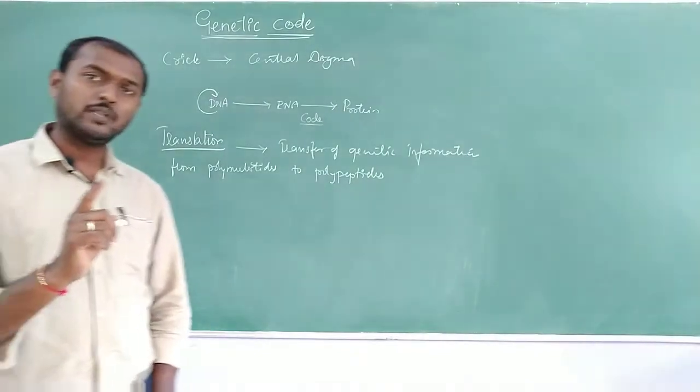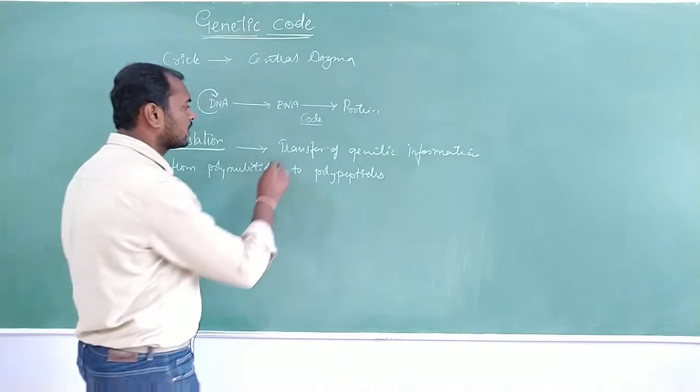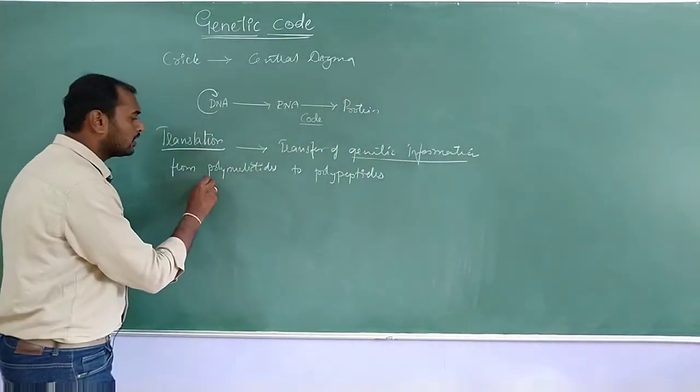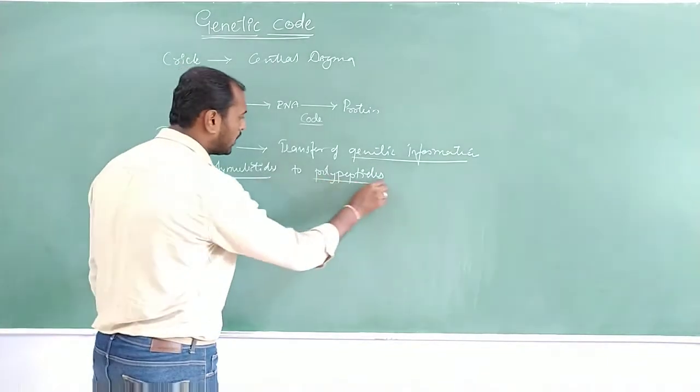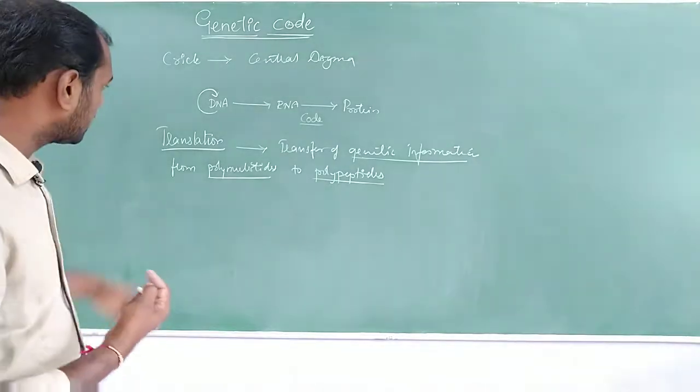So navilli important words na underline madidre namage ಏನು ಸಿಗುತ್ತೆ, that is ಟ್ರಾನ್ಸ್ಫರ್ ಆಫ್ ಜೆನೆಟಿಕ್ ಇನ್ಫಾರ್ಮೇಶನ್. ಜೆನೆಟಿಕ್ ಇನ್ಫಾರ್ಮೇಶನ್ ನ ಎಲ್ಲಿಂದ ಪಾಲಿನ್ಯೂಕ್ಲಿಯೋಟೈಡ್ ಇಂದ ಪಾಲಿಪೆಪ್ಟೈಡ್ ಗೆ ಟ್ರಾನ್ಸ್ಫರ್ ಮಾಡೋದನ್ನ ನಾವು ಟ್ರಾನ್ಸ್ಲೇಷನ್